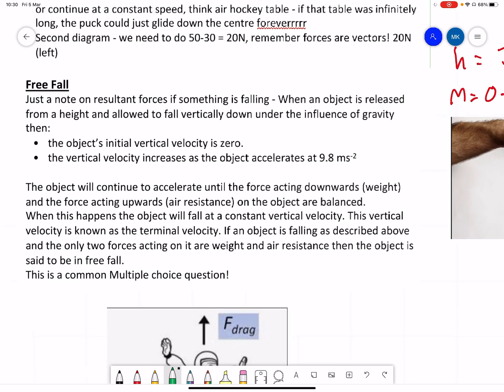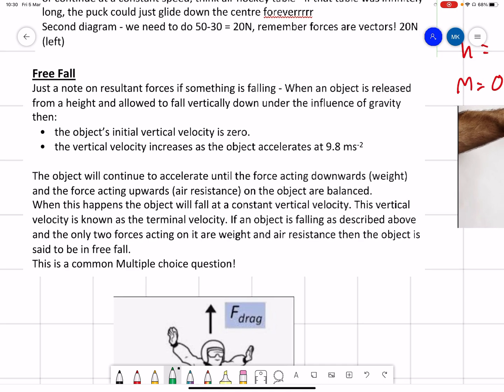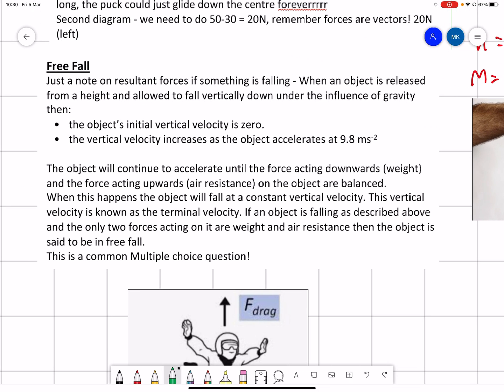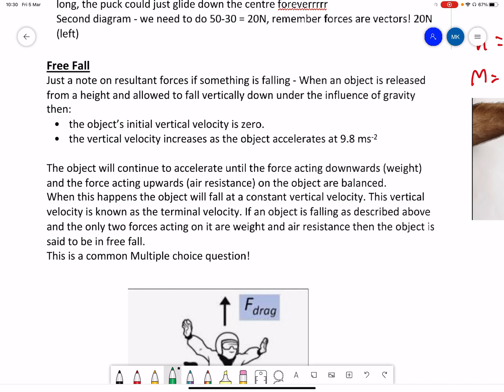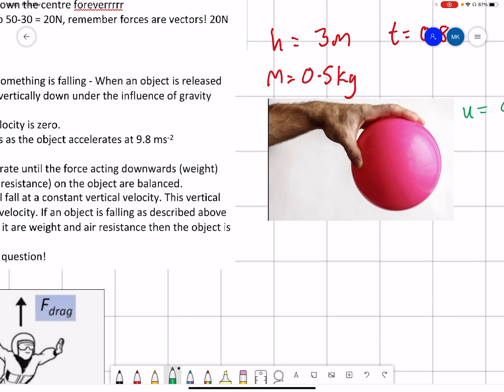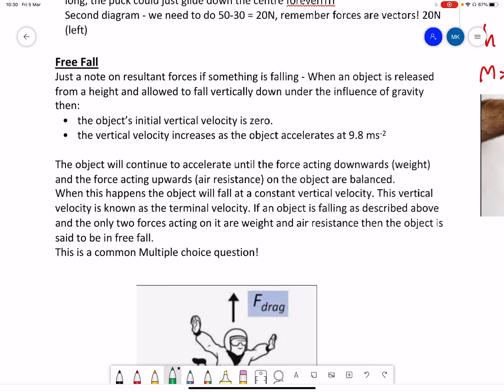Right, last couple of things. Free fall, I wanted to talk about something called terminal velocity, and that's quite important. So let's say you have an object in your hand, this ball. That ball is going to fall vertically because of gravity. So it starts off as the initial velocity is 0 because you're holding it. So you let that go, gravity is going to naturally pull that down to the ground at 9.8 meters per